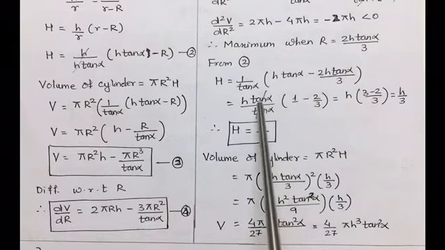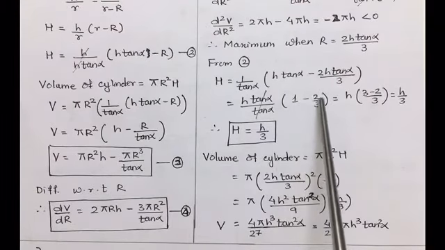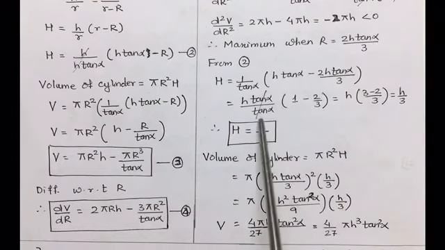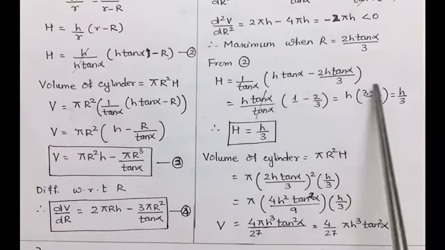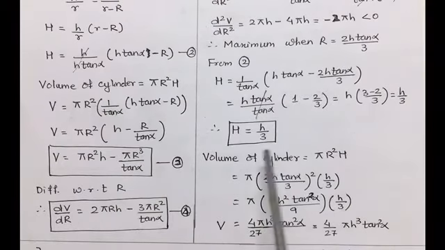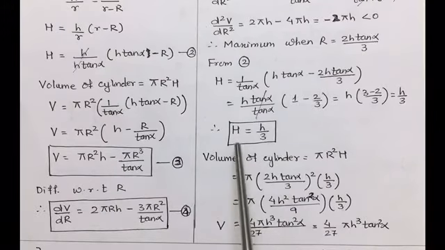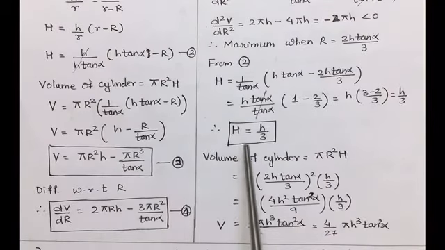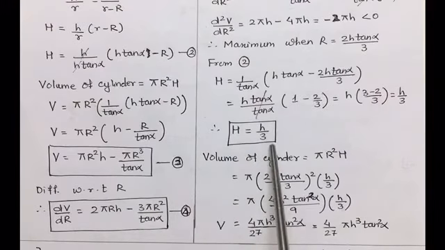Taking h tan alpha common outside, remains inside is 1 minus 2 by 3. Tan alpha gets cancelled. So after taking out the LCM, we get h by 3. So we proved here that when the volume is maximum, the height of the cylinder is 1/3 the height of